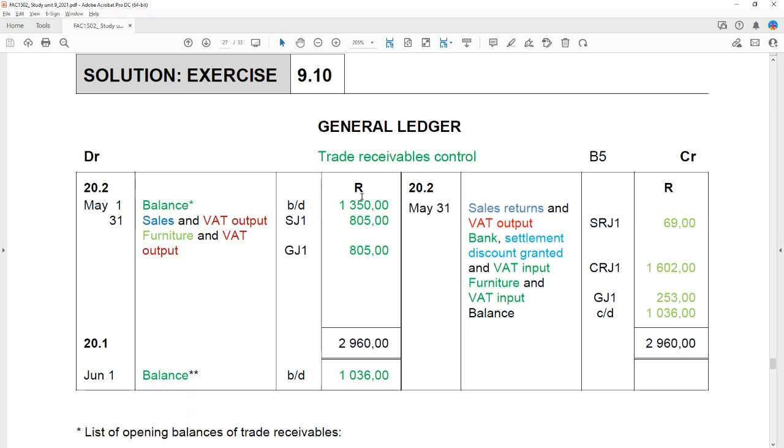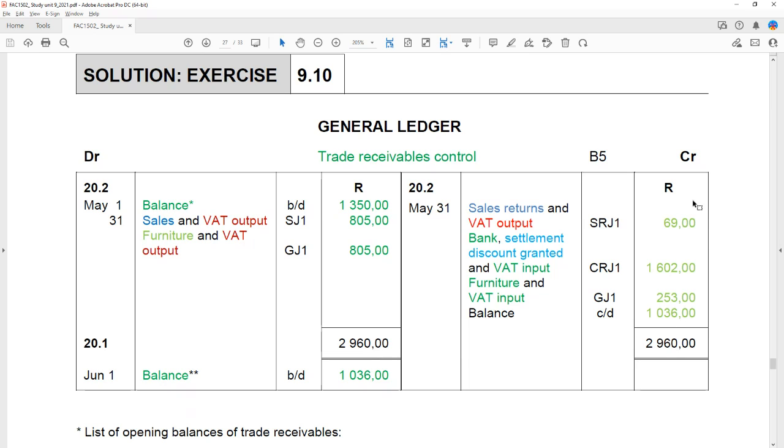So we know our debit side gives us 2,960. So that will be our total. So we're going to use the total of 2,960 as our totals. We must write it on the debit side. We must write it on the credit side. But then we know